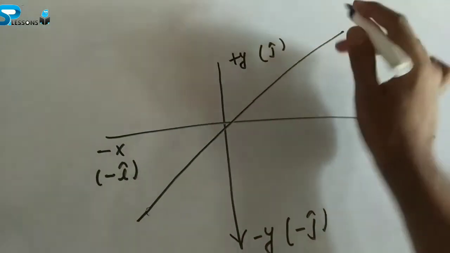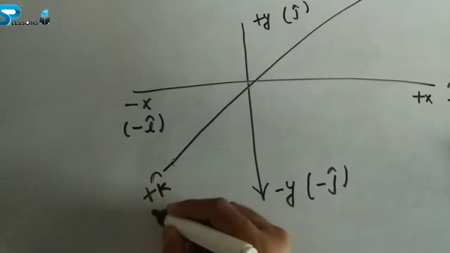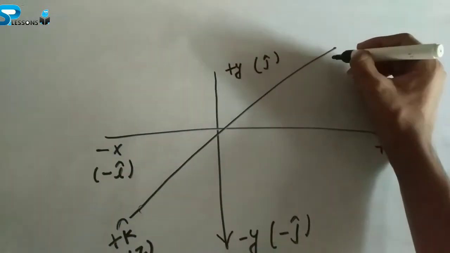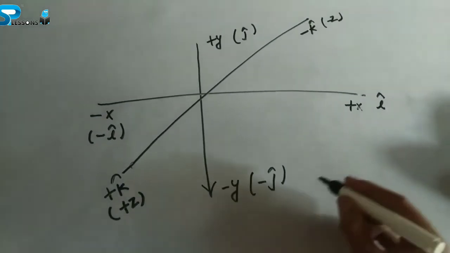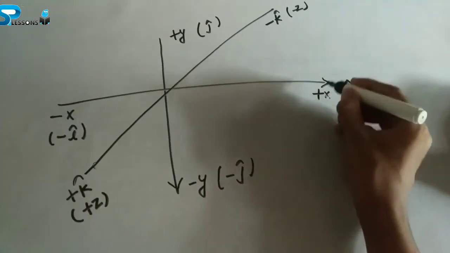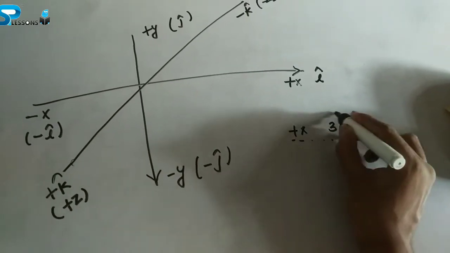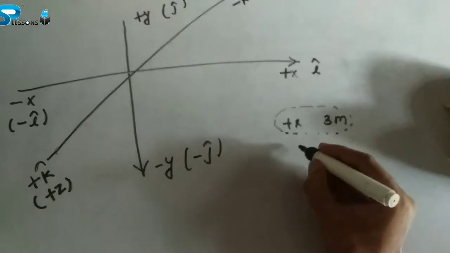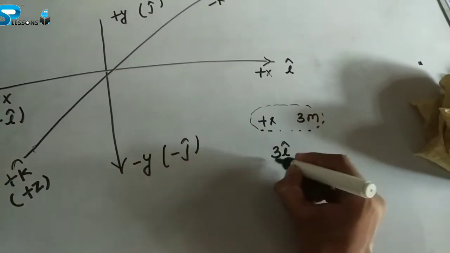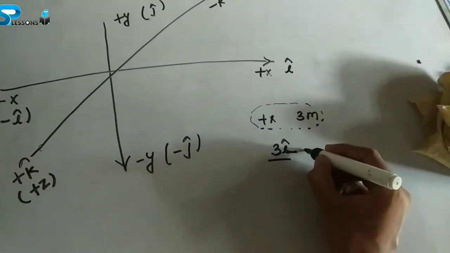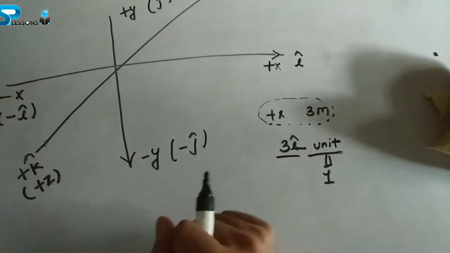This is the z direction. This is 3D. So it is called plus k cap or plus z direction. And this is called minus k cap or minus z direction. Okay, when we see a body goes 3 meter in plus x axis and we want to know its vector, we show 3 meter in plus x direction. So this is the vector quantity 3 i cap. The i cap is a unit vector. Its value is 1. It shows only the direction.